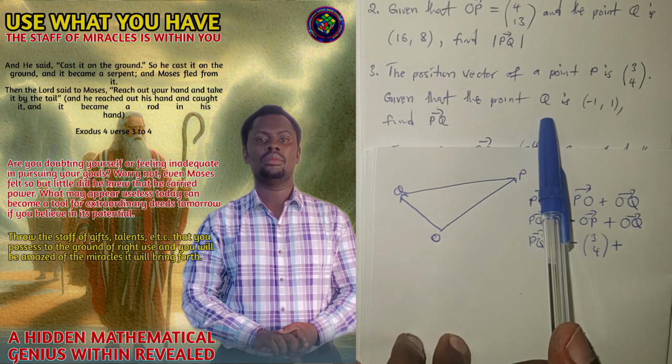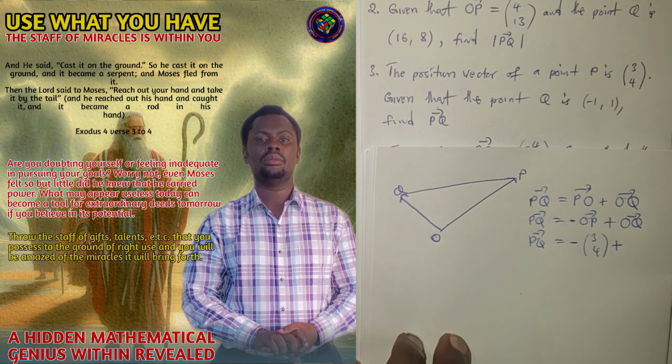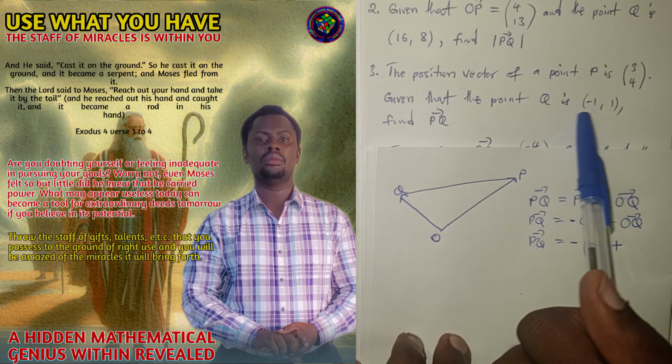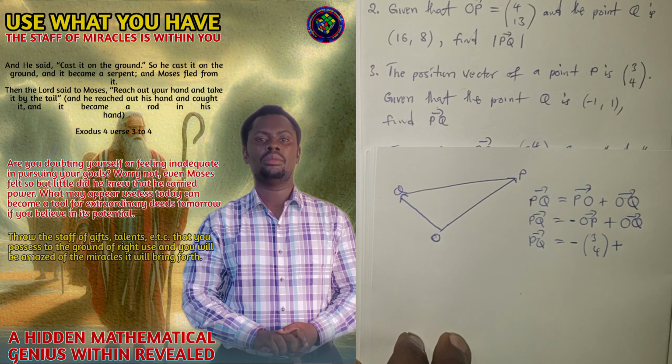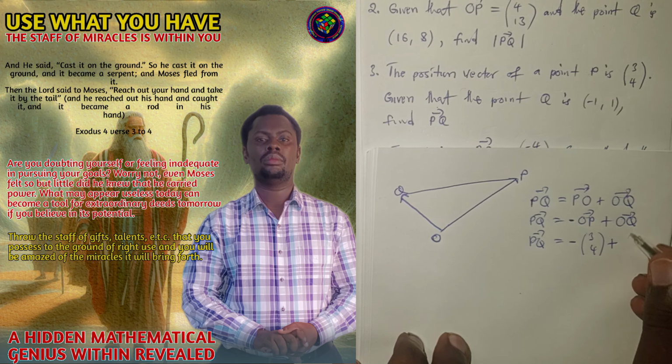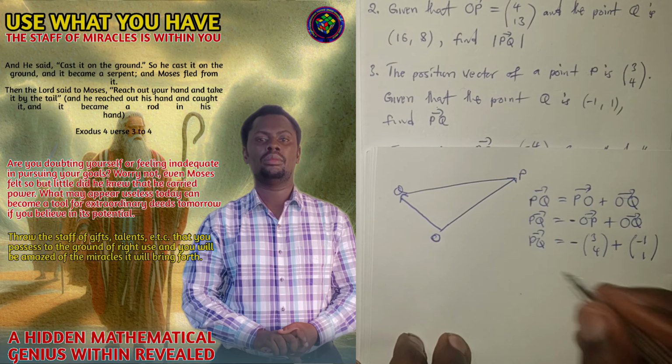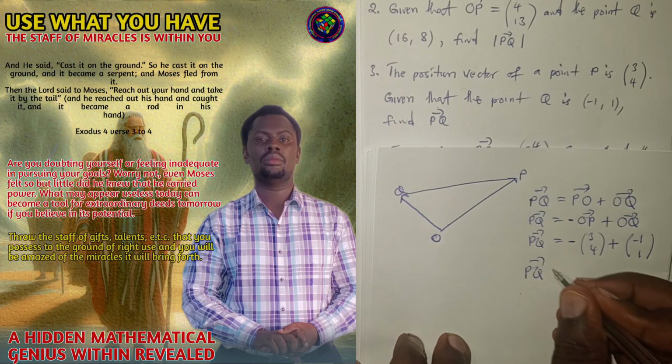To make the position vector Q, you just put this row matrix into a column matrix. Then we have the position vector OQ, so we have -1 and 1. So PQ is equal to